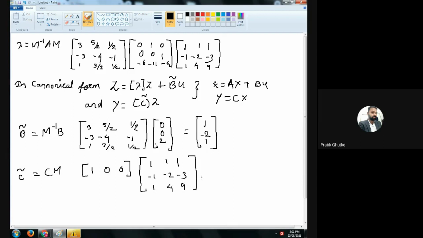So now multiply this matrix. A row matrix into a 3 by 3 matrix would be a row matrix. So there would be 1 1 1 as the result of this multiplication. So I have calculated B cap and then C cap. Have you understood up to here? So how with the help of the formula can I easily calculate now Z? So capital Z. How to calculate capital Z? You are having the formula.